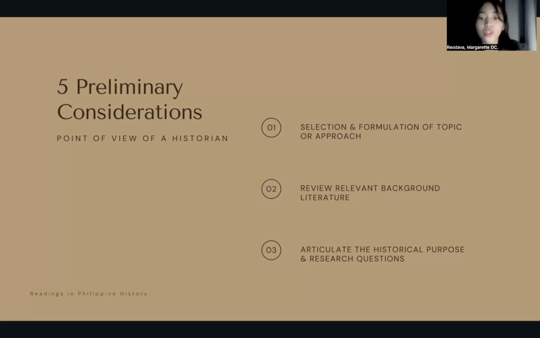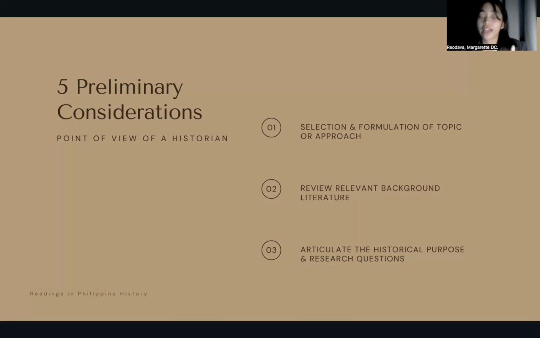And we must also take into consideration the time period and historical context. Syempre, may mga times na yung historical research natin is not up to date. That is why we must think and look for other sources as well para alam natin kung authentic yung mga nakukuha natin each sources. And lastly, we must also expand and be open to the population and geographic scope that